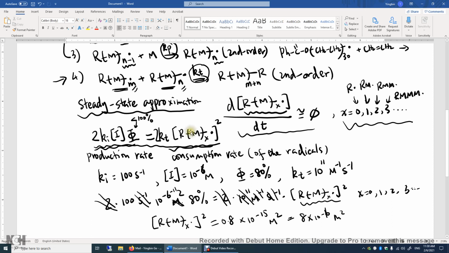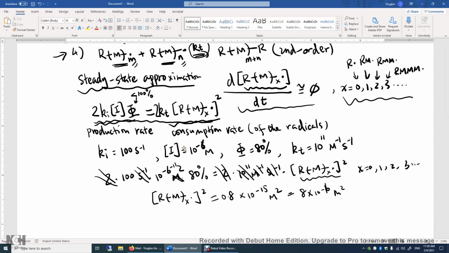All right. Since I'm only giving you an example, I'm not gonna focus too much on the actual value of the square root of 8. I'm gonna say, well, it's roughly 2.8. This is just my estimate, and then times 10 to the power of negative 8 molar. This is a very low concentration,